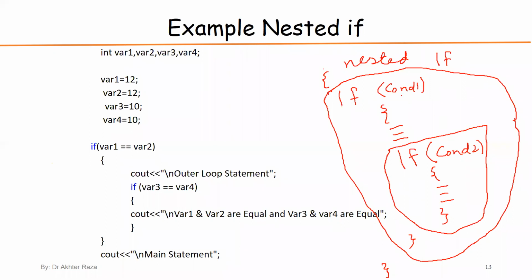If condition 1 is false, then it goes outside. So condition 2 will not be checked. If condition 1 is false, then it goes outside, because it will not enter into if number 1. If condition 1 is true, then it comes in. These 3 lines will be executed. Then another condition is checked. If condition 2 is also true, then it comes in, and then it goes outside the if command. So this is called nested if.